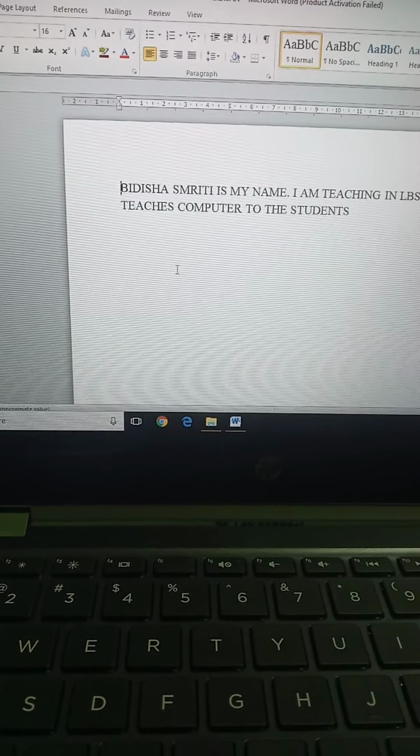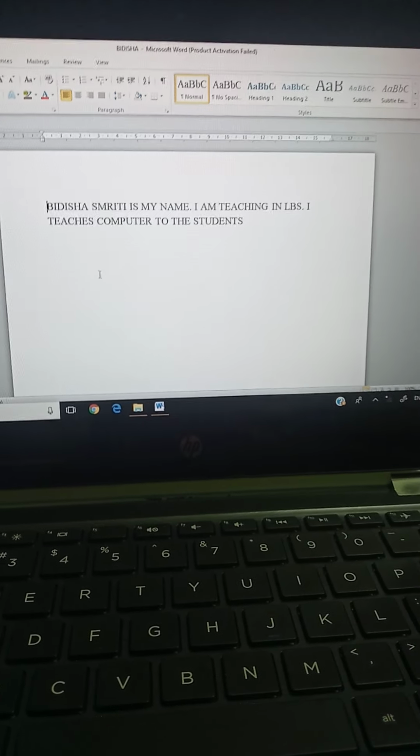Understand? Okay, so we have understood page 38 and 39. Now we are going to page number 40. Page number 40, printing a document. If you want to take the printout, how will you take out the printout? For taking out the printout, you have to again go in File tab and you have to select print there. An option will come and you will press on the print. Then you will get the printout of that document.